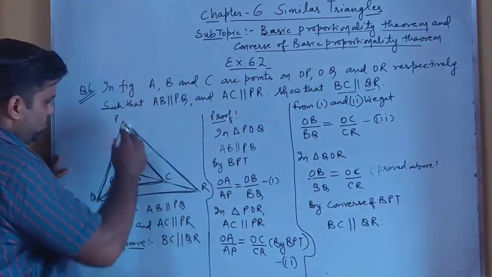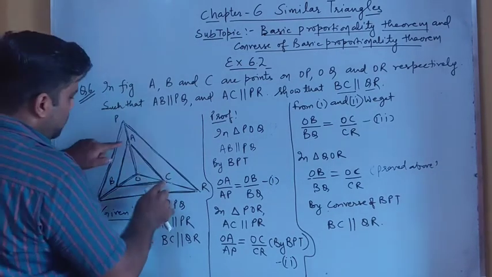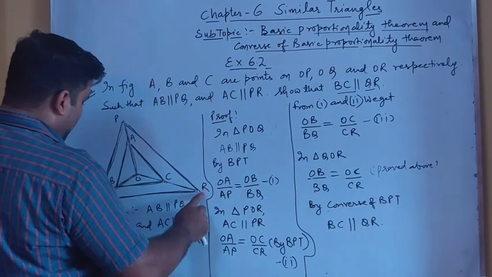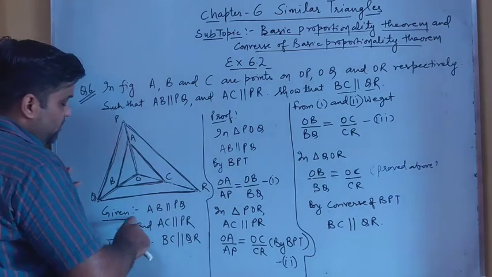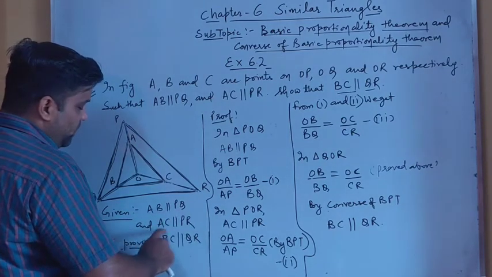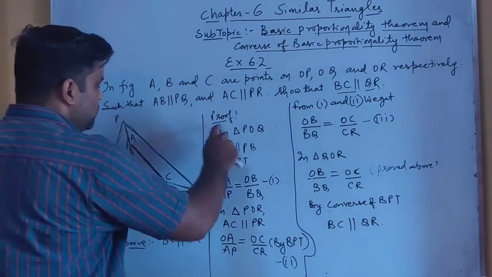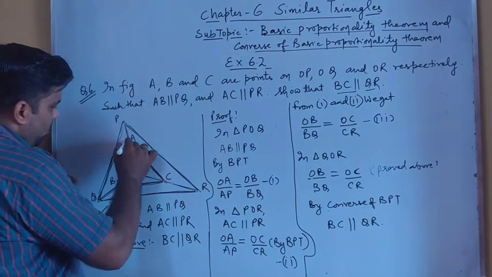Here this is the figure. In this figure, AB is parallel to PQ. Here AC is parallel to PR. Here we have to prove BC is parallel to QR. So let us come on the proof. In given, we write AB is parallel to PQ and AC is parallel to PR. We have to prove BC is parallel to QR. So let us come on the figure. As in the figure, here AB